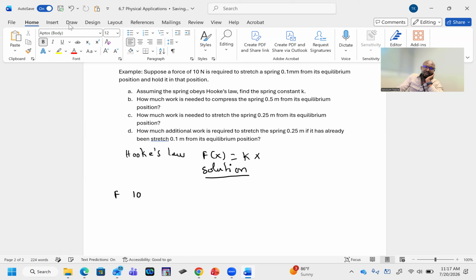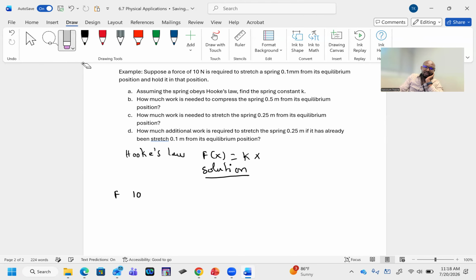So we know the force of 10 Newton is required to keep the spring stretched at x is equal to